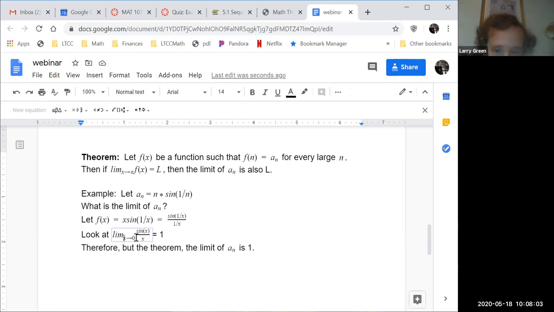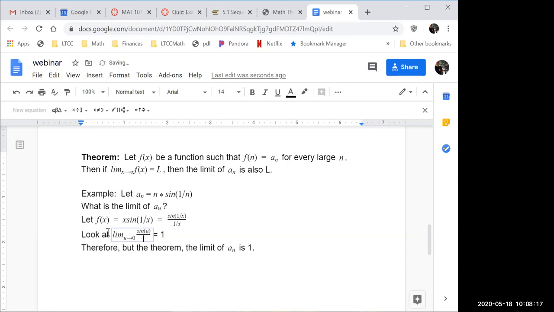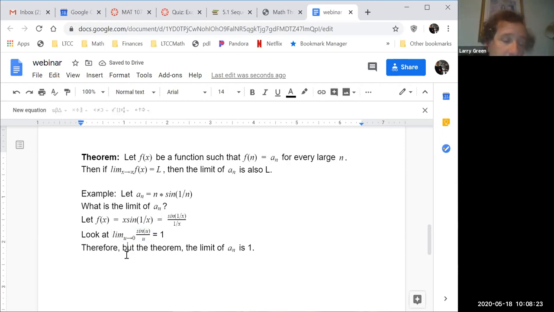Okay, so maybe it'd be helpful if I did it this way. Maybe it'd be less confusing. The letter doesn't matter, but maybe if I call it u instead, where u is 1 over x. And notice if x goes to infinity, 1 over x goes to 0. So u goes to 0. So it's a classic trick in limits. Bruce probably showed you a long time ago.